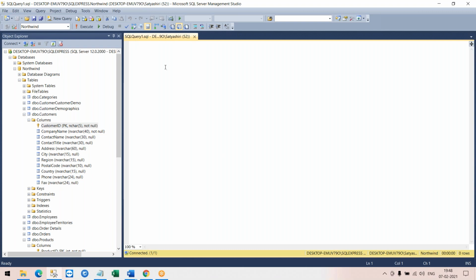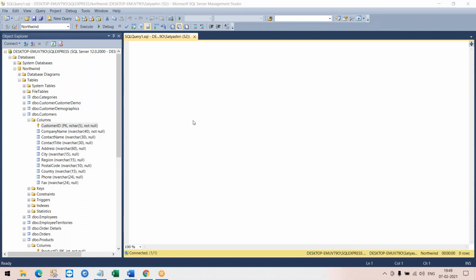So now when you are running queries, two things you always need to know: you need to point to the correct database. You are executing this query against what database? You need to point to the right database and you need to know what table you are looking for. Okay, so this is about your database, how your database loads, what are the various objects it will have, and how is your table defined.